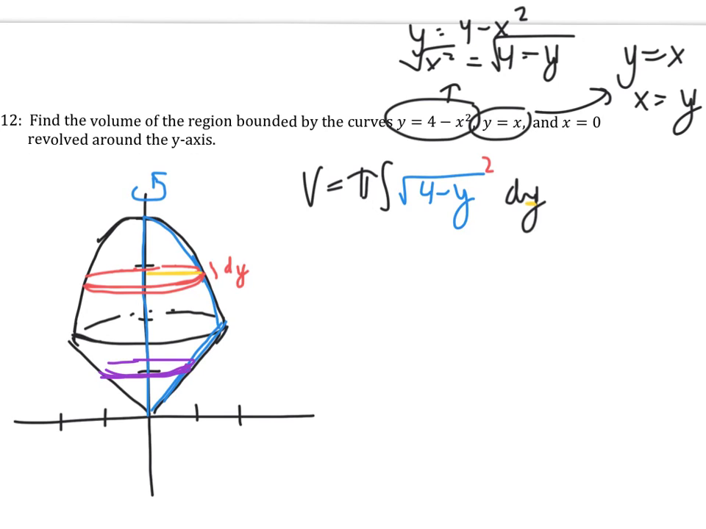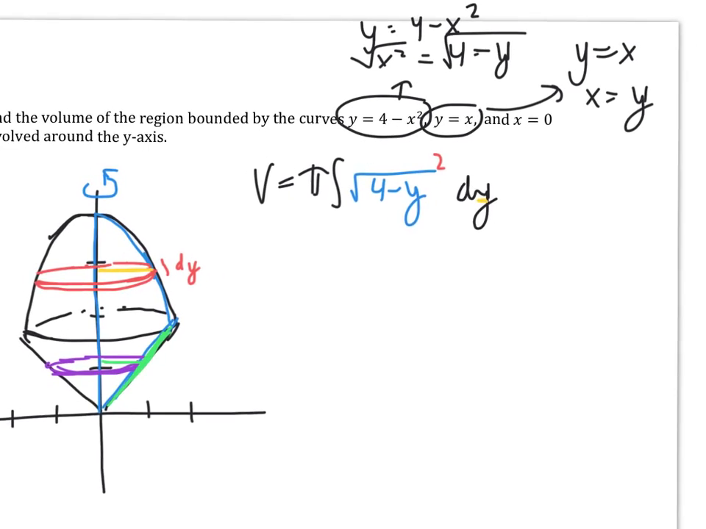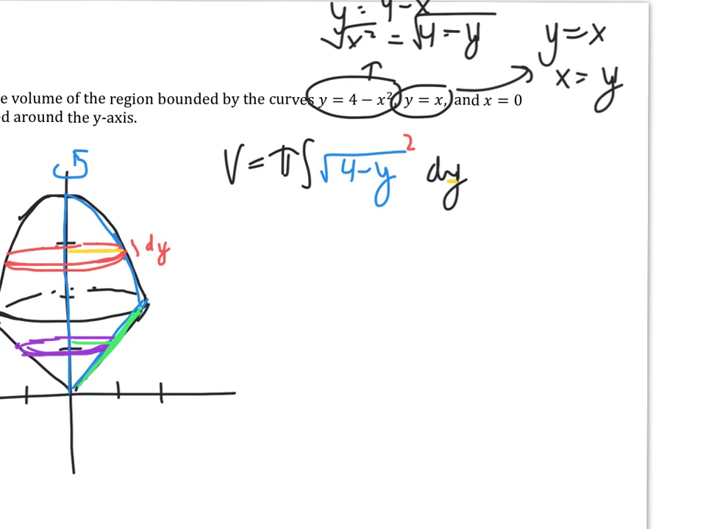And if you notice, I can take a slice out here, but now my radius is not actually defined by the curve, the square root of 4 minus y, or 4 minus x squared. My radius is actually defined by the distance from the center out to my line y equals x. So I'm going to have to set up two integrals if you follow where I'm going with this. The first one I've got set up. The second one is going to be